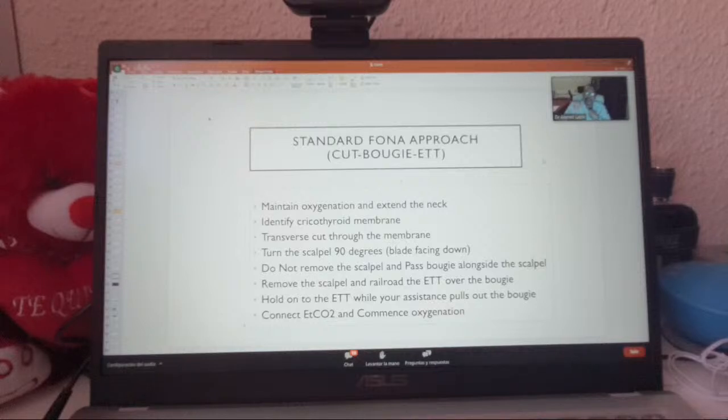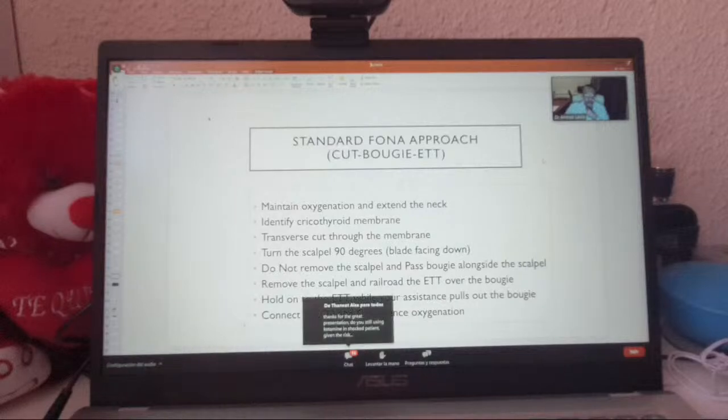All you need is about 10 centimeters of the bougie inside the airway because you are below the vocal folds. At this stage, your assistant will remove the blade, you hold the bougie. You railroad the tube over the bougie, lubricate it, you hold the tube, your assistant removes the bougie, inflate, and check CO2,